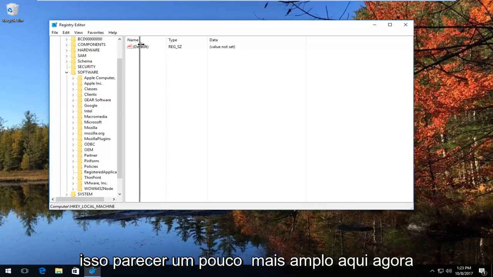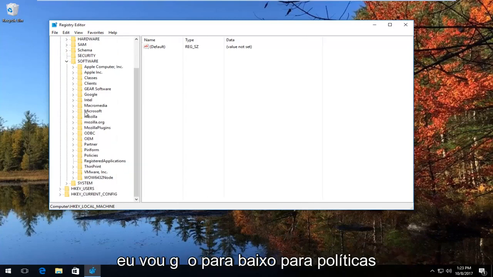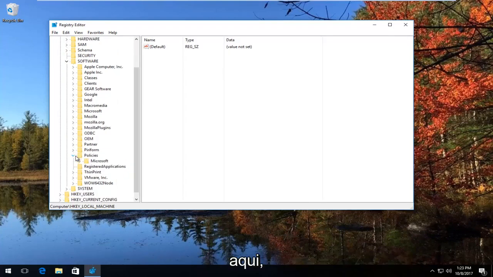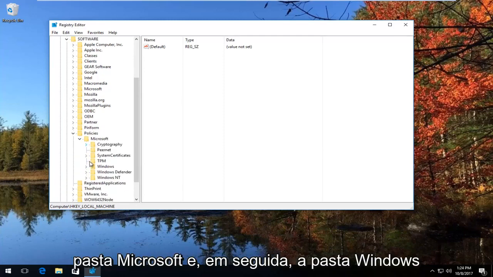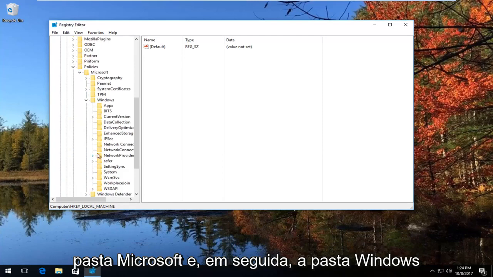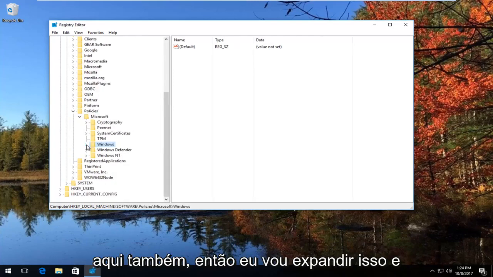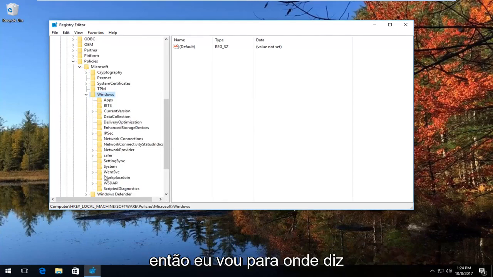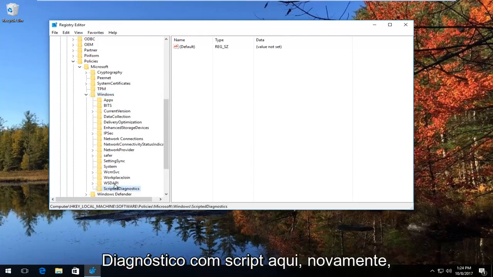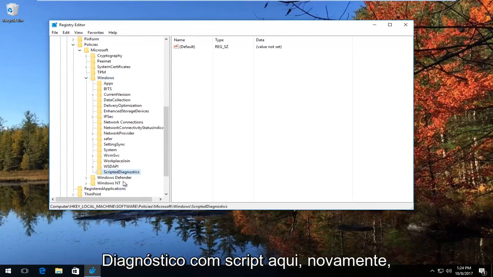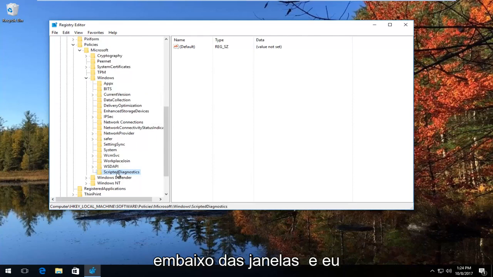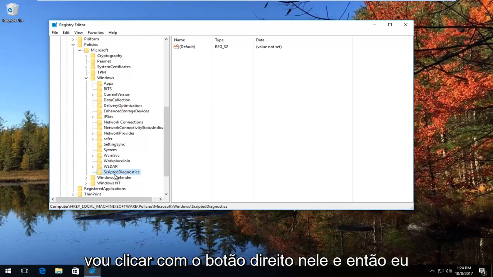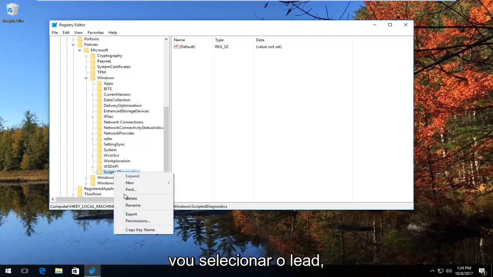I'm going to make this view a little bit wider here. Now I'm going to go down to Policies right here. And then I'm going to expand the Microsoft folder and then the Windows folder here as well. So I'm going to expand that. And then I'm going to go to where it says ScriptedDiagnostics right here. So again, underneath the Windows folder, and I'm going to right click on it, and then I'm going to select Delete,